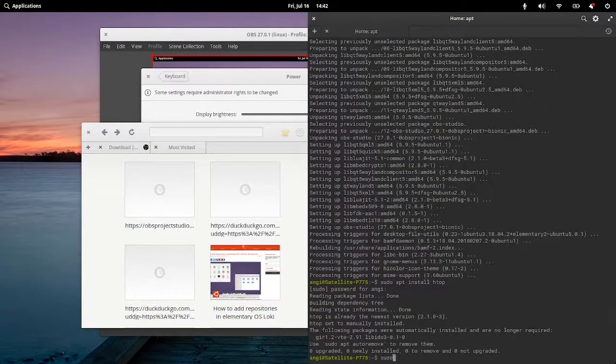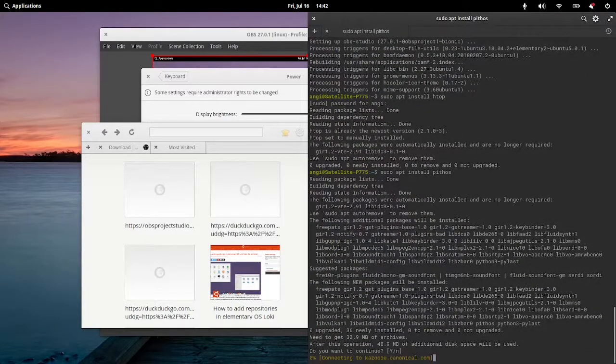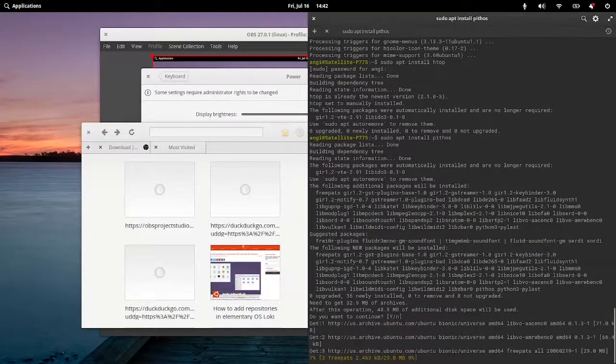And you know what? For later, I'm going to install this amazing app that everybody should try out. Pithos is a Pandora client, but it doesn't play ads, and it's got unlimited skips, and you could set it to high quality even if you don't have Pandora One.